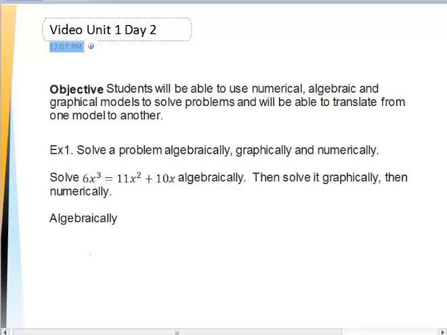As I do that, remember that there are graphical ways as well as numerical ways to find the answer to this. So I'm going to bring all the terms over to the left-hand side, set it to 0, and then I go through my traditional factoring routine. I'm going to take out the greatest common factor,